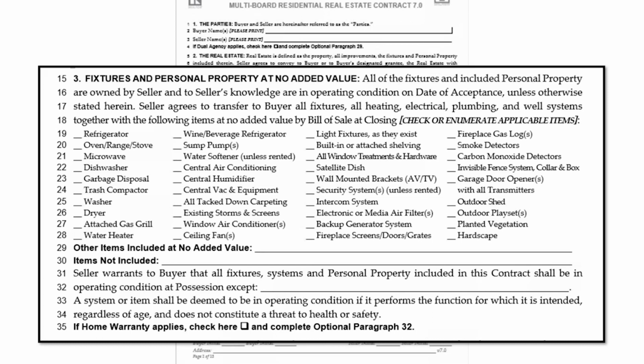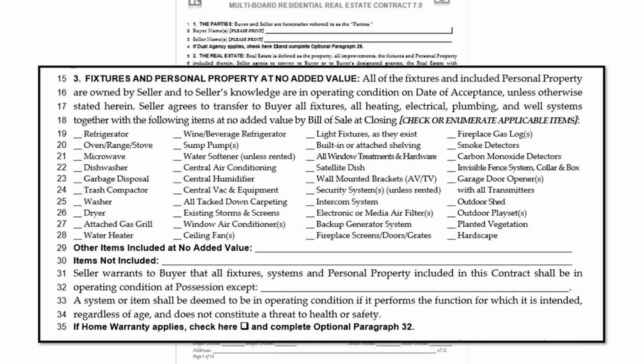When you sell a property, FHA or VA, and your seller accepts an FHA or VA contract, you need to remember that everything has to be in working order. So there's no way you're going to be able to say it's not in working order if you're selling at FHA or VA. This is one of the first places where we start to talk to the buyer about the condition of things. We'll cover that more when we get into the home inspection paragraph, but it says at line